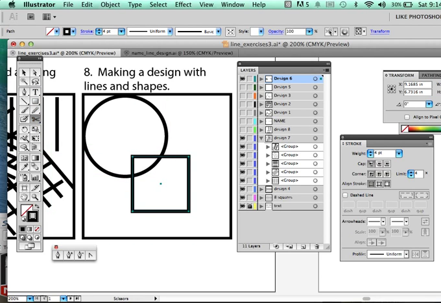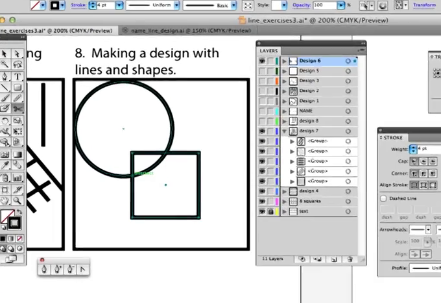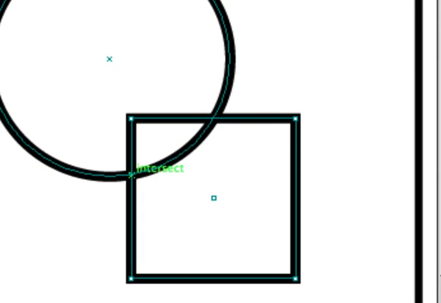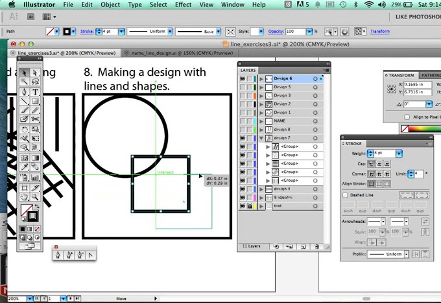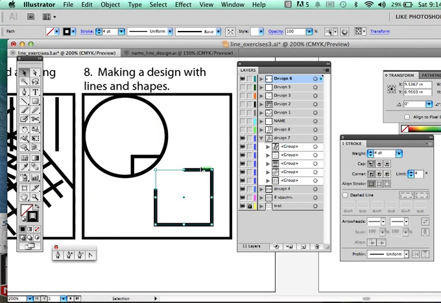I'm going to come in here and wherever I see the intersect key show up, I'm going to click there. There's the intersect again. I'm going to click there. And it doesn't look like much happened, but I think you already know that I've just separated this as a path. So now I have this little chunk over here,